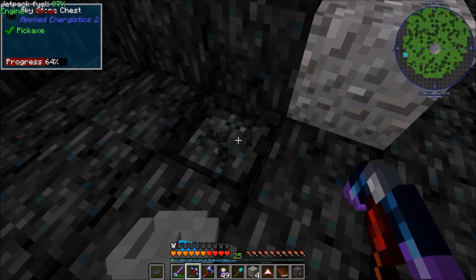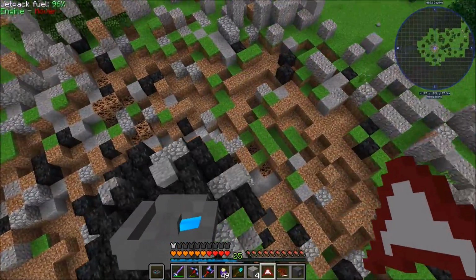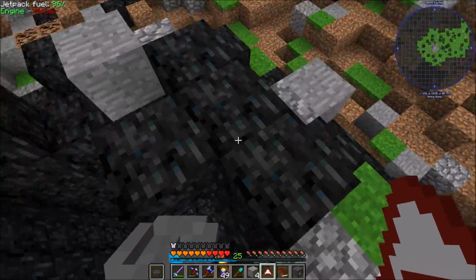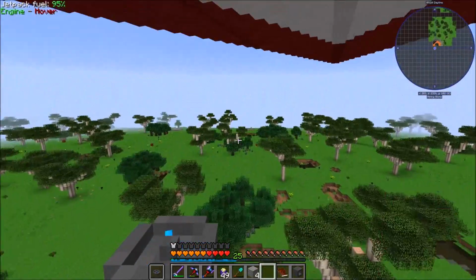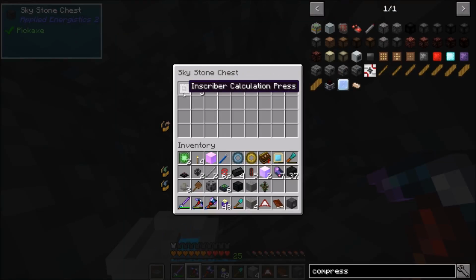I'm actually going to grab these skystone chests. They're kind of useful. Okay, here's another one, which is probably... Yeah, this one's been looted. There's one there that's been looted. Seems like most of the above ground ones have been looted. Okay, this one has not been...